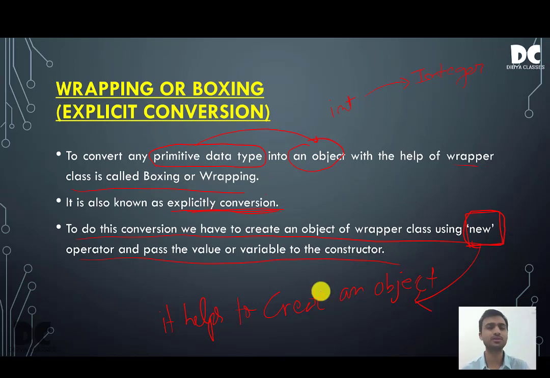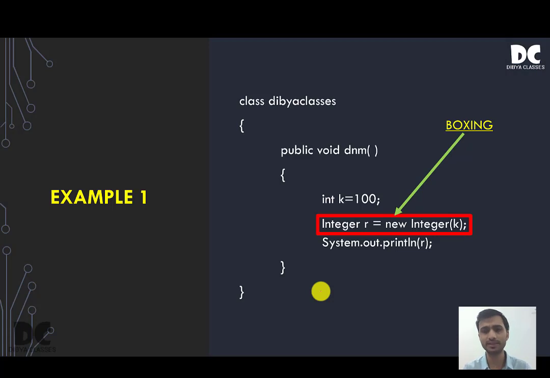So now we'll understand boxing with an example. So here you can see an example, and here we are trying to convert from primitive data type to an object of wrapper class. So here the value 100 is stored in a variable k of int. Int is what type? It is an integer data type, right? But now we are trying to store 100 in a new variable. Here we'll say that as an object R of what type? Of Integer. It is a wrapper class, right? And we are creating an object R. It's just like a variable, an object R. So let us understand in a better way.